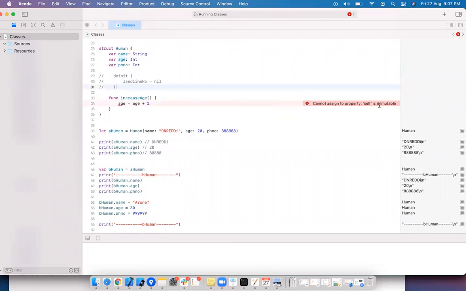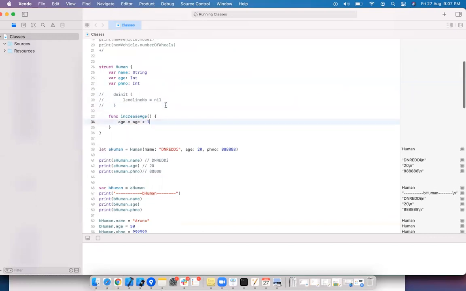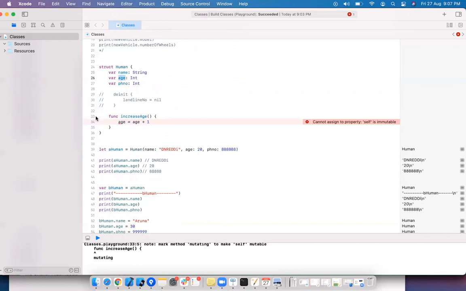First thing is we are expecting self. Why we don't need self, right? Cannot assign: property of self is immutable. Okay, it is saying that you cannot assign the value. You need to use the mutating keyword. Let's see what exactly it is.